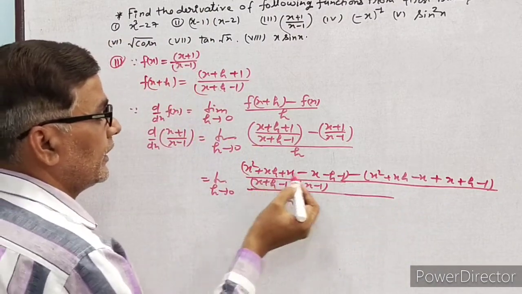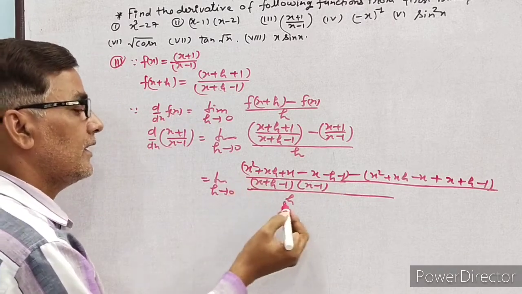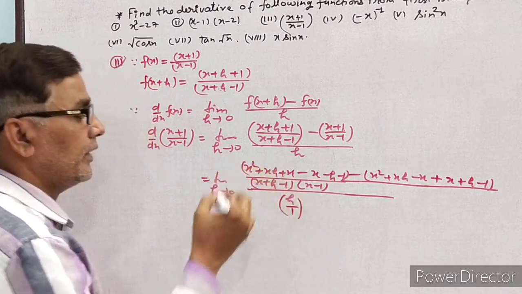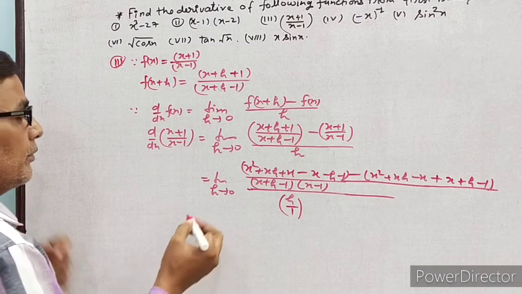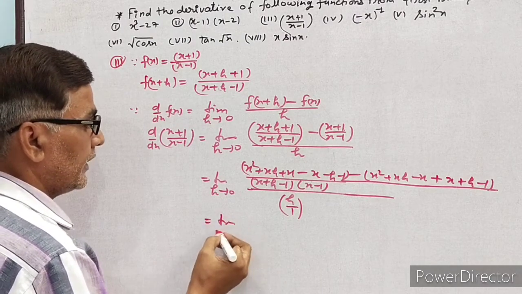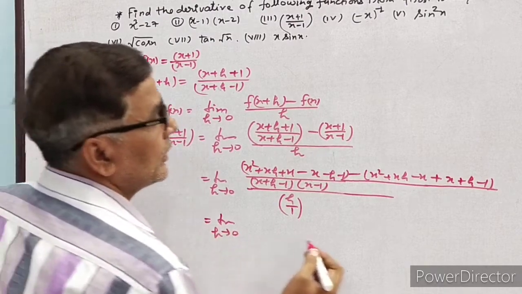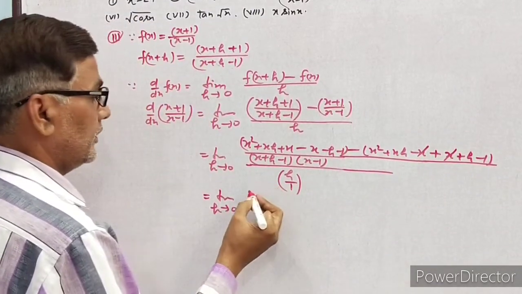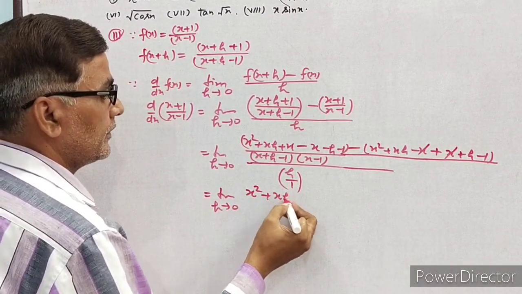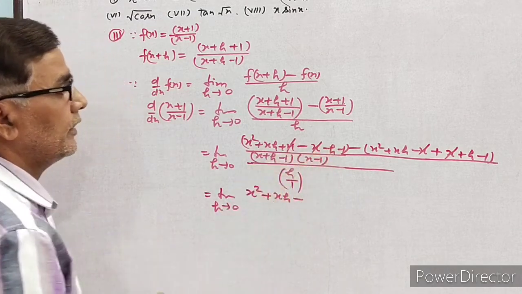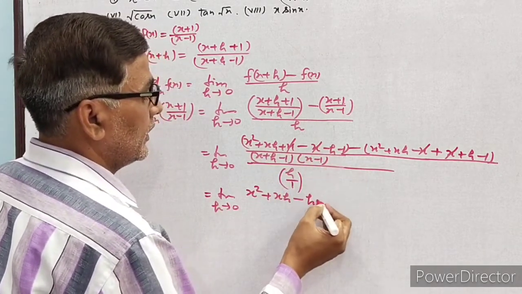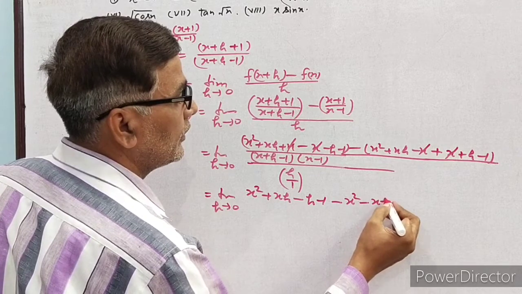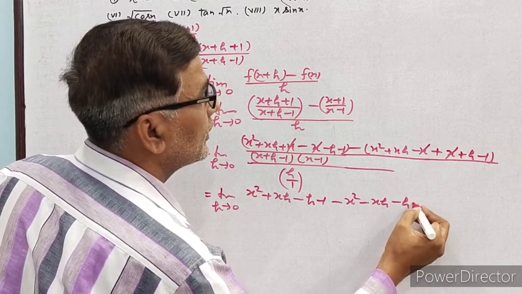Students, as you know, we have a numerator and denominator on the numerator fraction, but in the denominator we have only a numerator, so we should write 1 to make it a complete fraction. Now we can write h approaches to 0. See here, we can cancel out x and x, minus and plus. The rest of the terms are x square plus xh, also cancel out x square by x square, minus h and minus 1. Open the bracket by minus, we have x square minus xh minus h and plus 1.